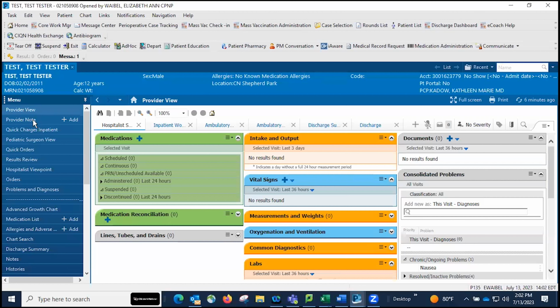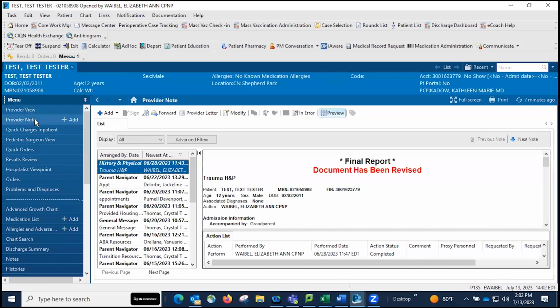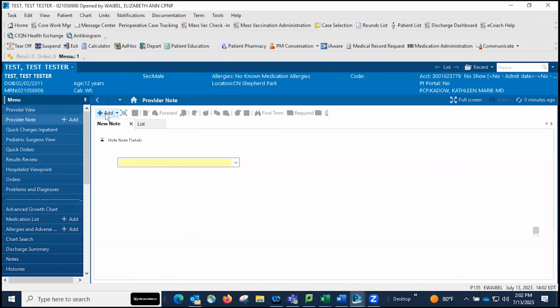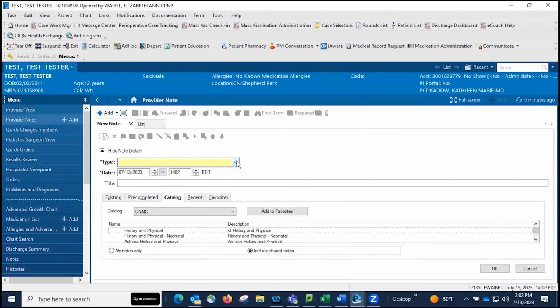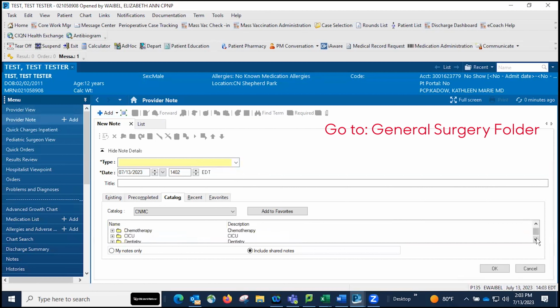There are various note types that will be quite helpful to you during your rotation here at Children's. The first is the trauma H&P. This can be found by selecting Provider Note, heading to the General Surgery folder. So drop all the way down to General Surgery, click General Surgery,